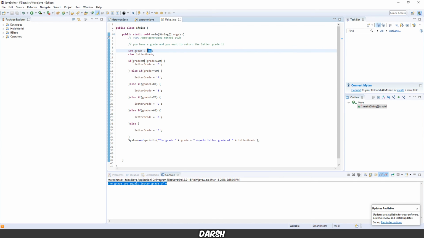Basically, that is the tutorial. So if you have a failing grade of 50, you'll get F. So yeah, this is pretty much the short exercise that I made you guys do,